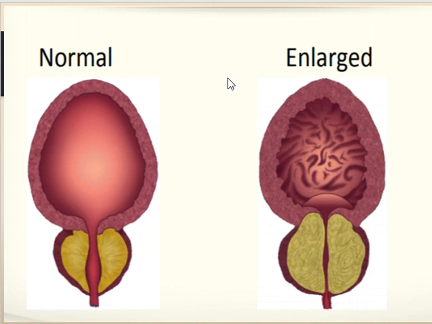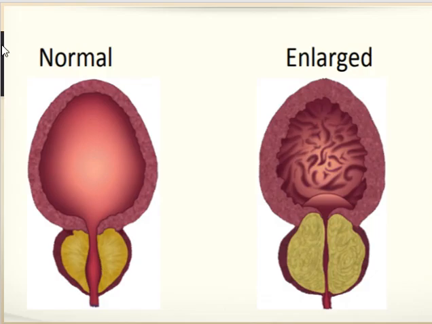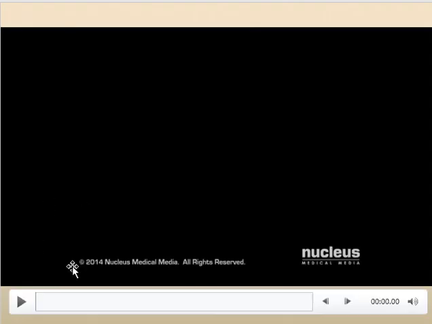Okay, again a picture that shows a normal prostate and an enlarged prostate. See, this is a normal prostate. This picture is a little more clear, I guess. The bladder, the urethral opening, it is like a cross section. This is the prostate gland, which is located at both sides of the urethral opening, and here the prostate gland is enlarged, and when it is enlarged it narrows the urethral opening. So I'll just show you a video.